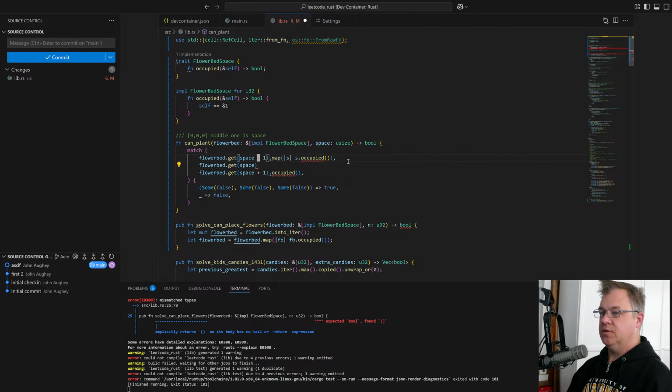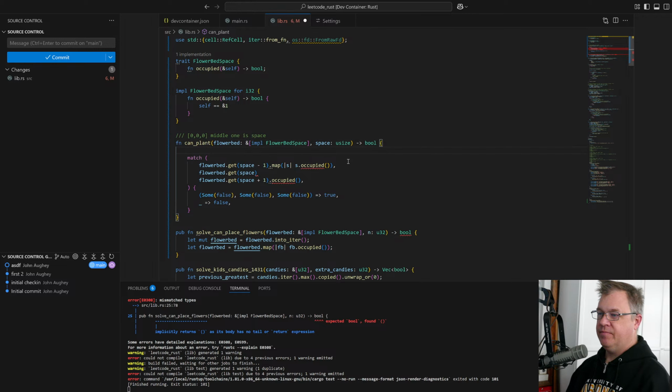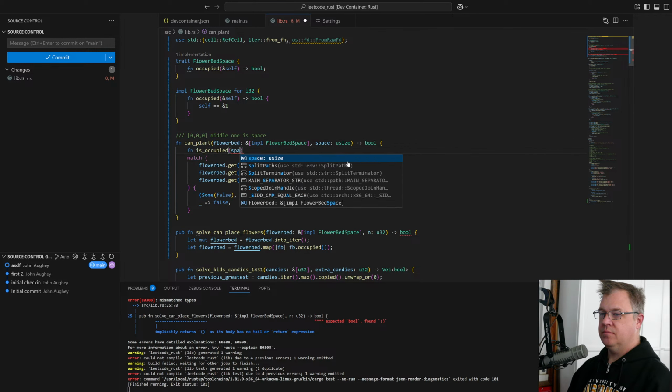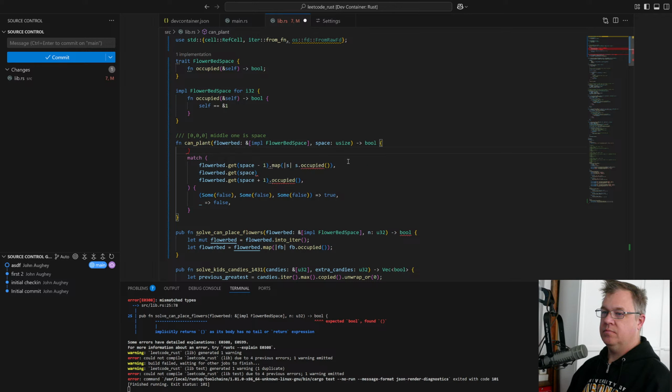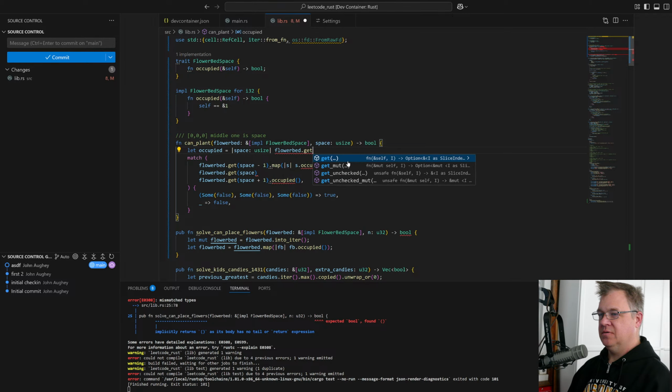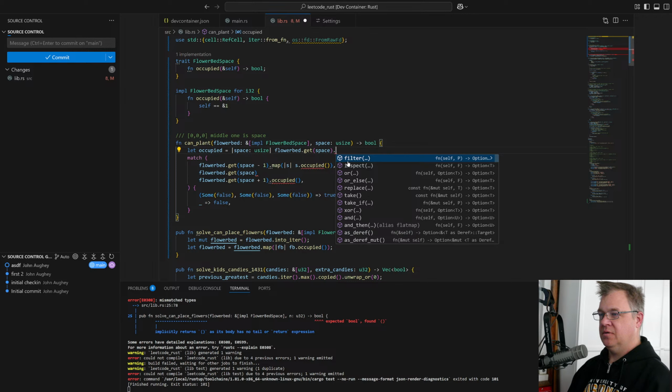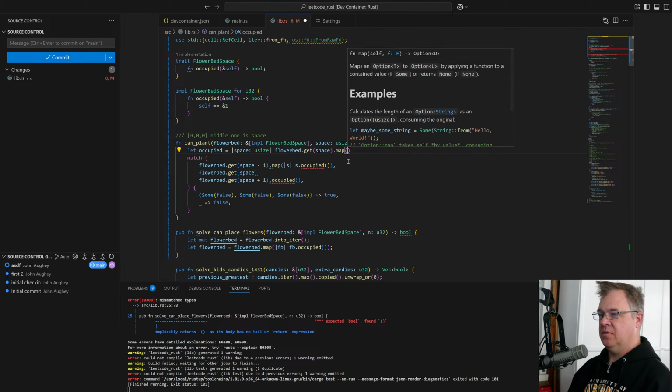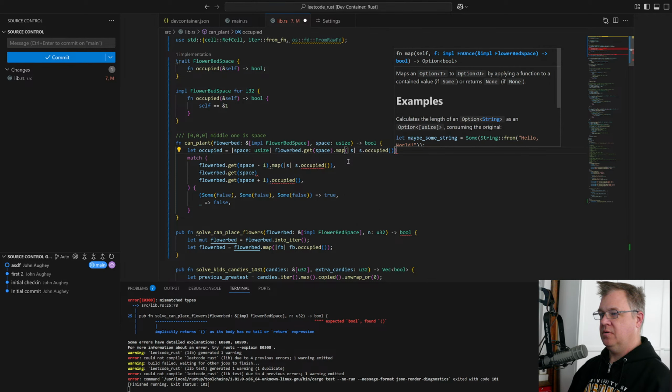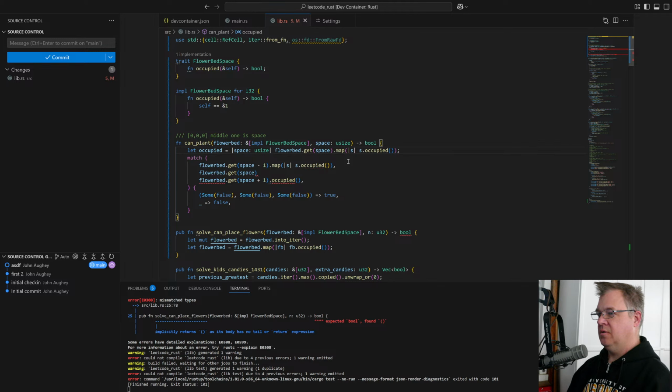This is what it is. Okay. I think that's what I want. Occupied is now an fn that returns an option.